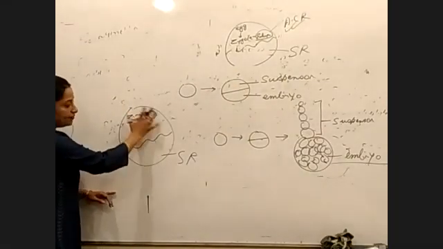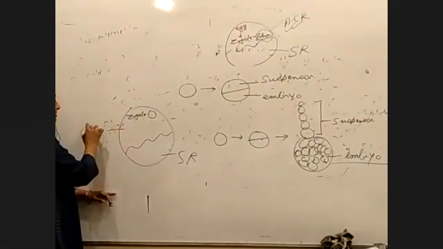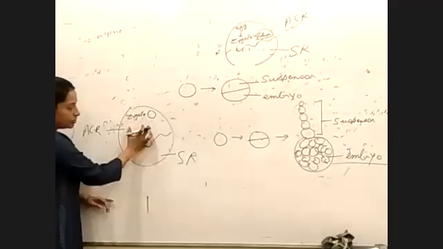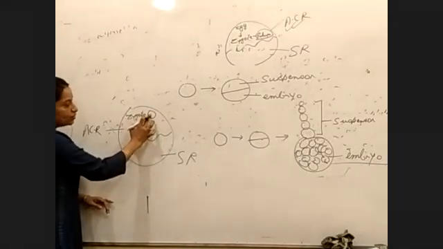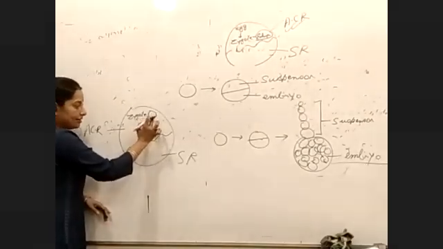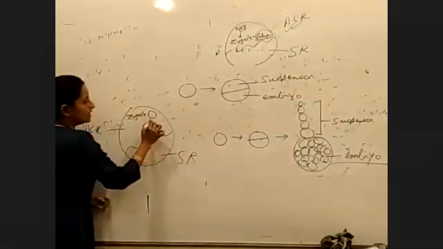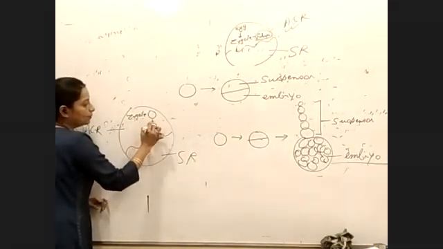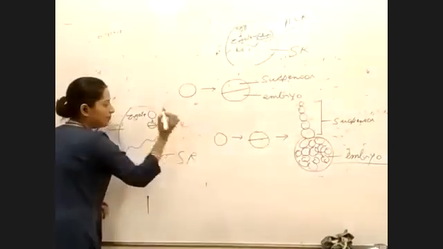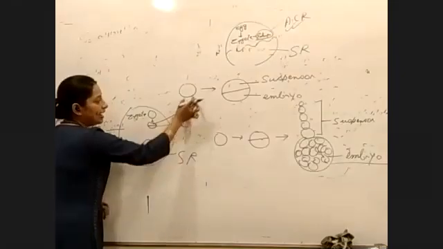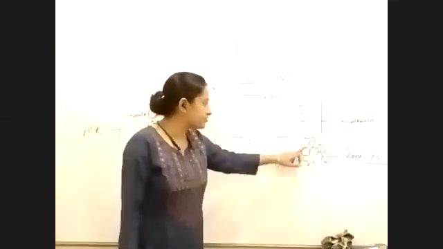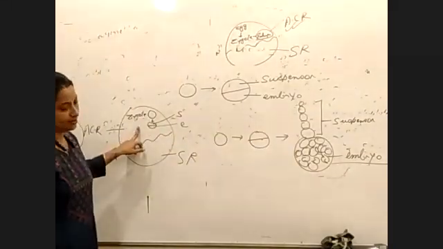Coming back to this, if this is the female gametophyte, this is the apical cushion region, this is the storage region. The egg is in the apical cushion. After fertilization, the zygote forms in the apical cushion. The zygote is a single cell. The zygote gets divided into two cells. The lower cell forms the embryo. The upper cell forms a chain of cells, which is called the suspensor. So you will see a structure like this in this portion. Is it clear?